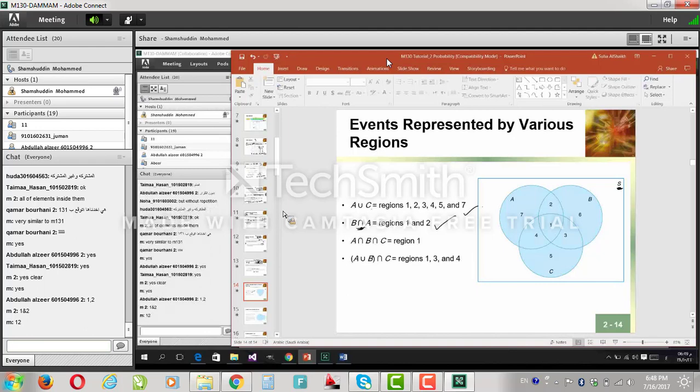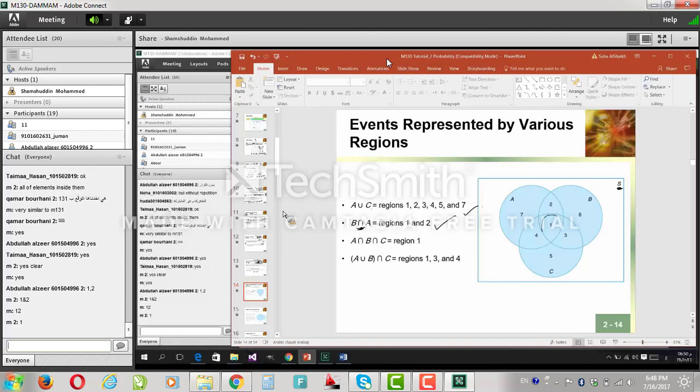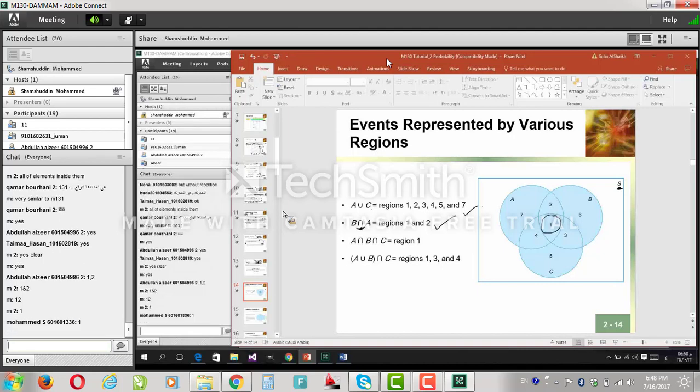Now A intersect B intersect C means the common between the 3 of them. What's common between the 3 of them? The 1. That's correct. But what if I said here they want A union B, after you find the union